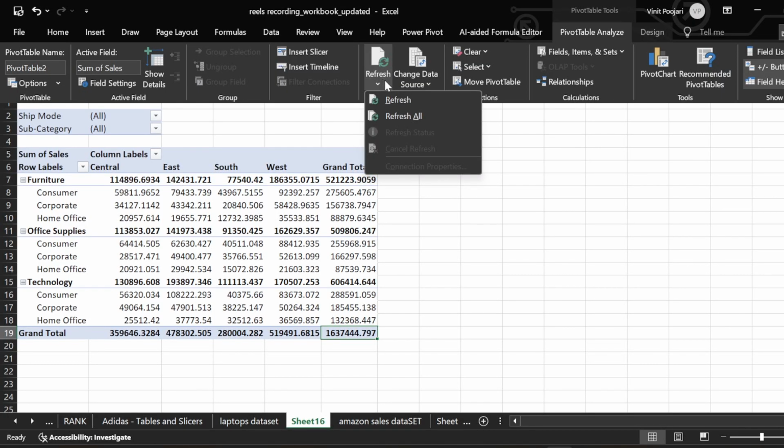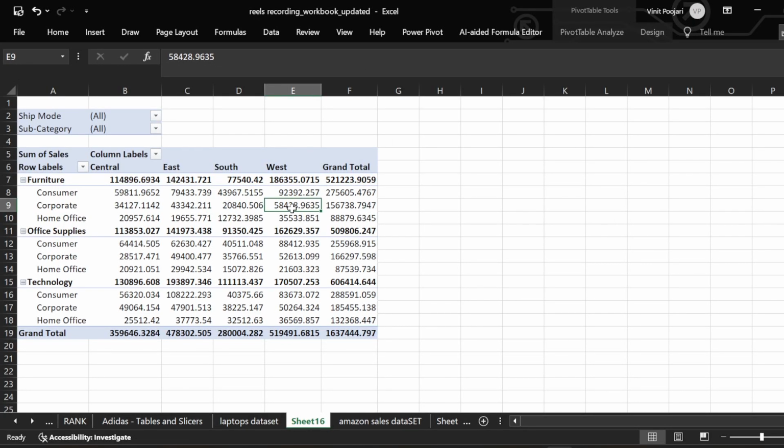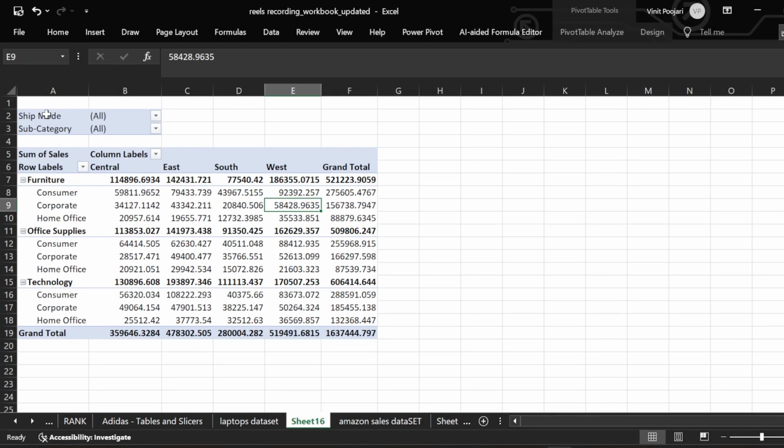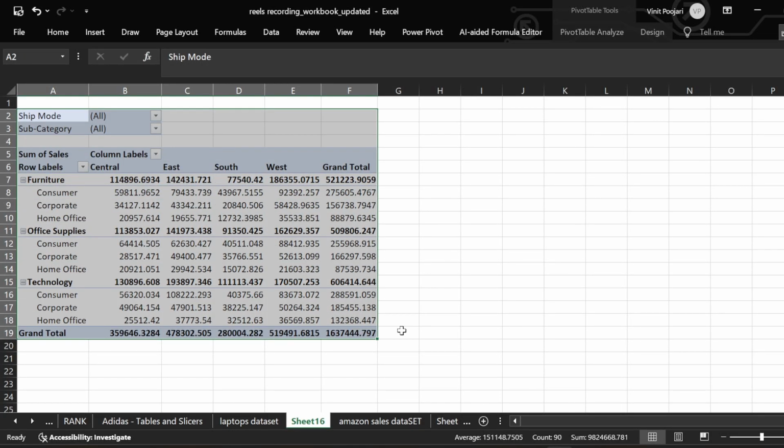If you come here, you have two options. You have a refresh and you have a refresh all. So what is the difference? The refresh is only for the particular pivot table that you're refreshing, whereas refresh all refers to multiple pivot tables that can exist. For example, if I just take this pivot table here,